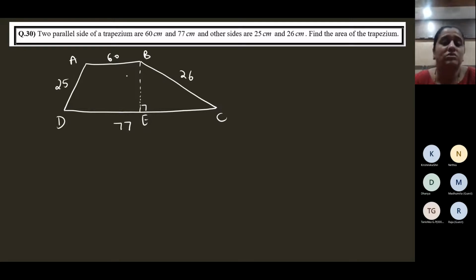Now, there's another thing you'll have to do. You'll have to divide this trapezium into two figures, one parallelogram and one